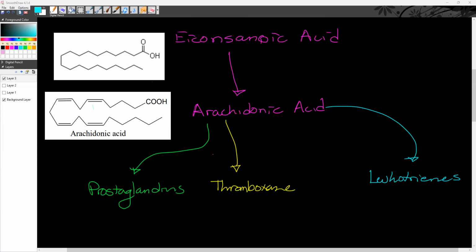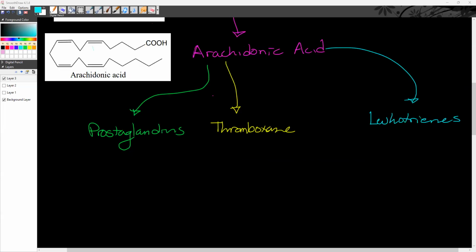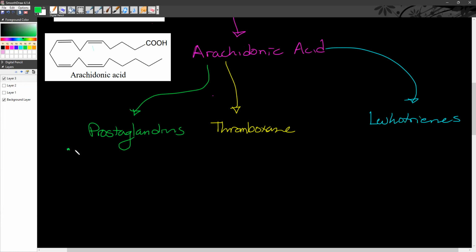So, in terms of the drugs, for prostaglandins, the way that I want you to think about them is they're essentially a cyclopentane with two chains. Depending on how those chains are formed, we end up getting all the different kinds of prostaglandins that we are used to. So, for example,